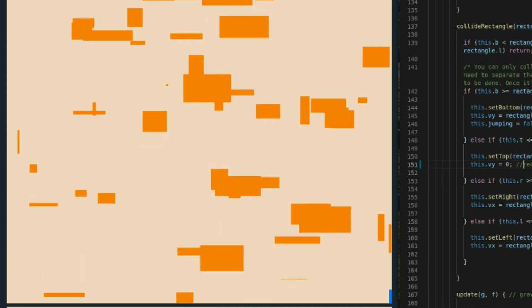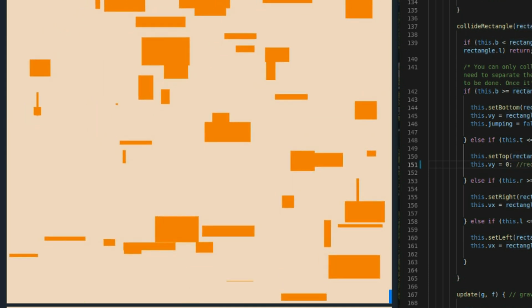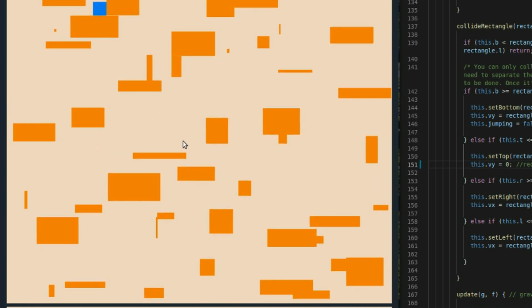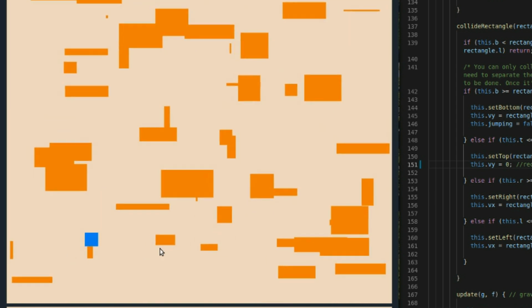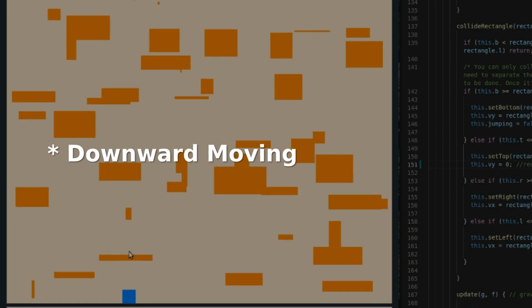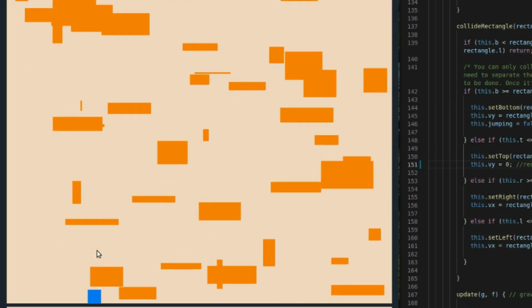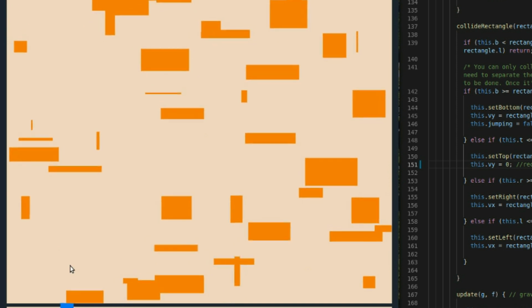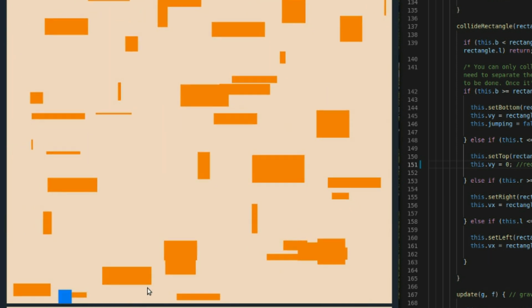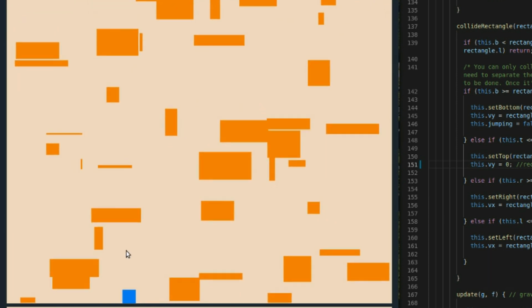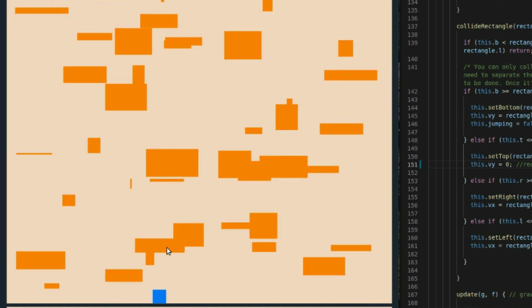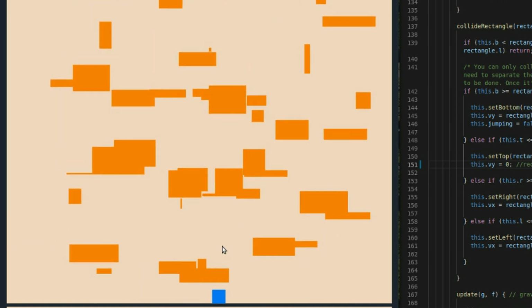let's see what that looks like. It'll make sense to you if you think about it for a little bit, but let's check out what it actually looks like. We're going to end up getting stuck to the bottom of upward moving rectangles, as you can see right there. So why is this happening? And why don't I get stuck to the bottom when they're moving up, only when they're moving down? The reason that I get stuck to the bottom when they're moving down